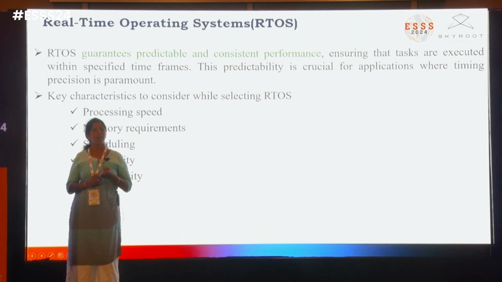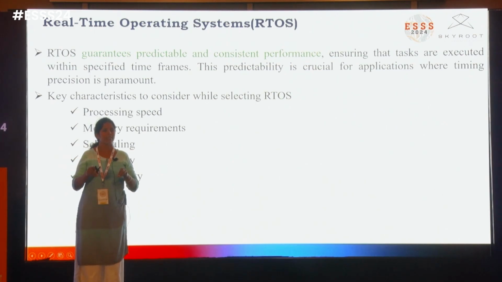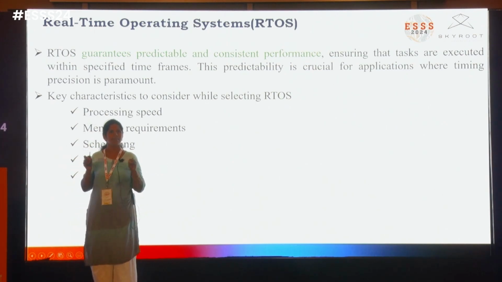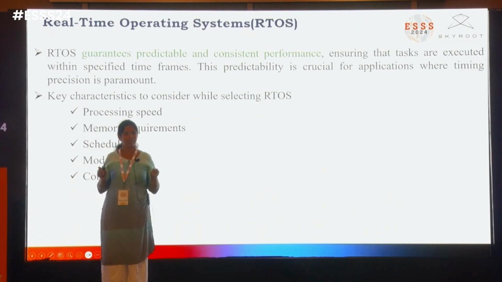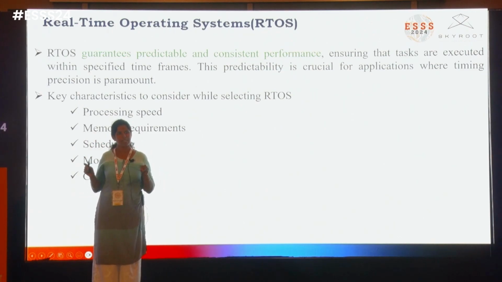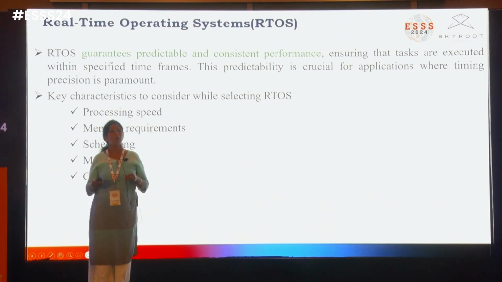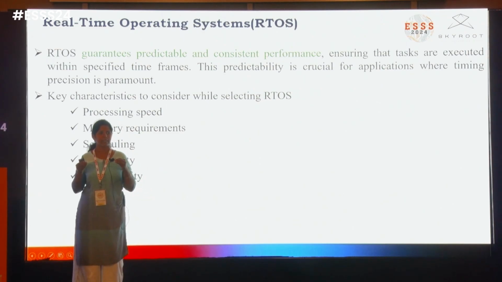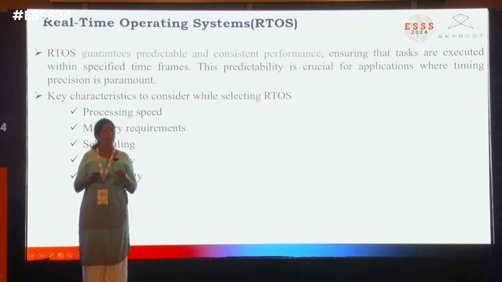What is connectivity? How does your system interact with the external modules, or how does your system interact within itself? If you have multiple tasks, how will your system interact? One example is IPC, inter-process communication mechanisms like message queues. How well are they defined? Do they get corrupted when multiple things come into the picture? How is the context switching happening? Before finalizing anything, you have to do n number of test runs. You have to consider n number of cases for your application, work on it, analyze the results, and then you freeze the final RTOS, or you can freeze the hardware also.